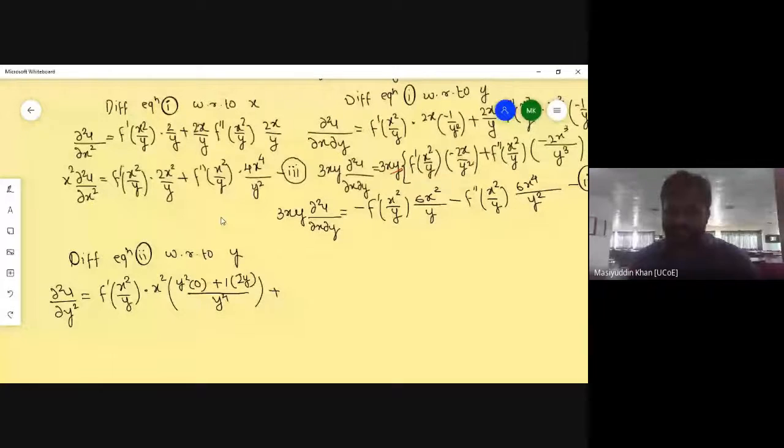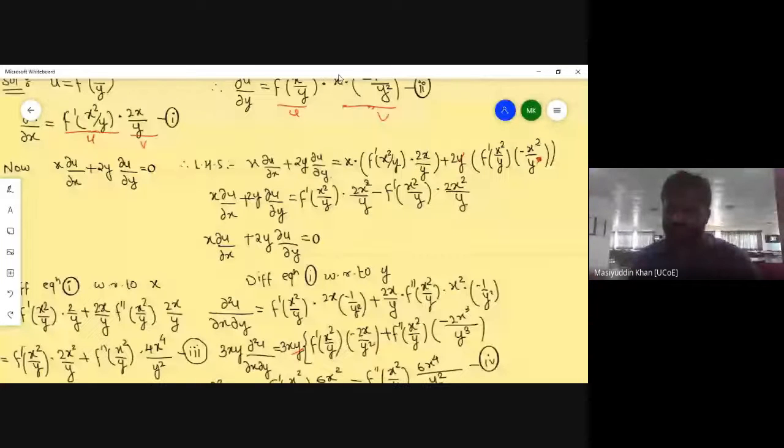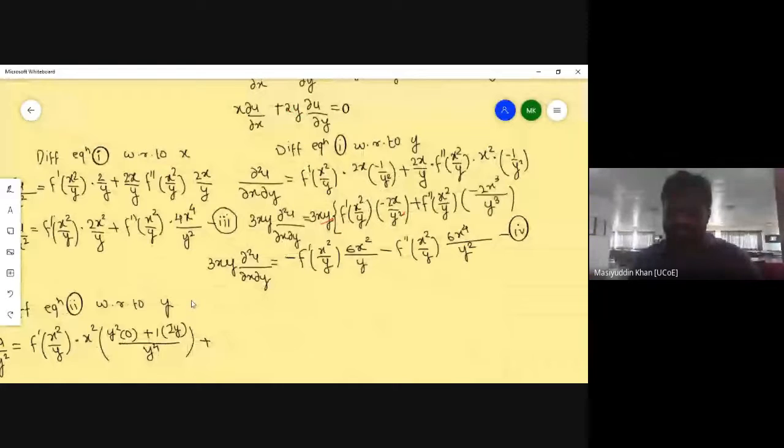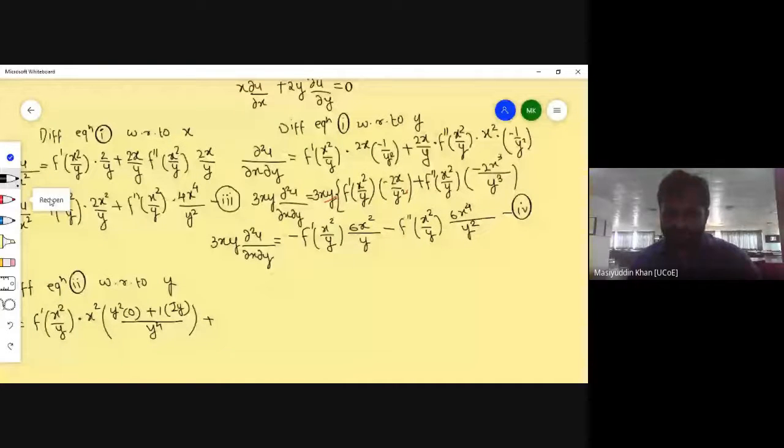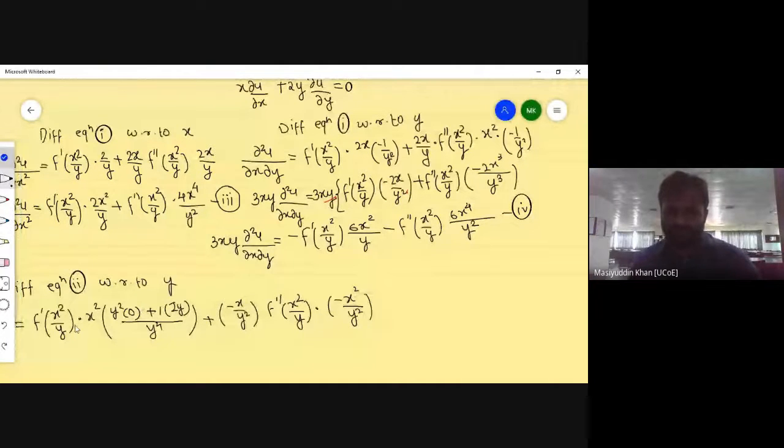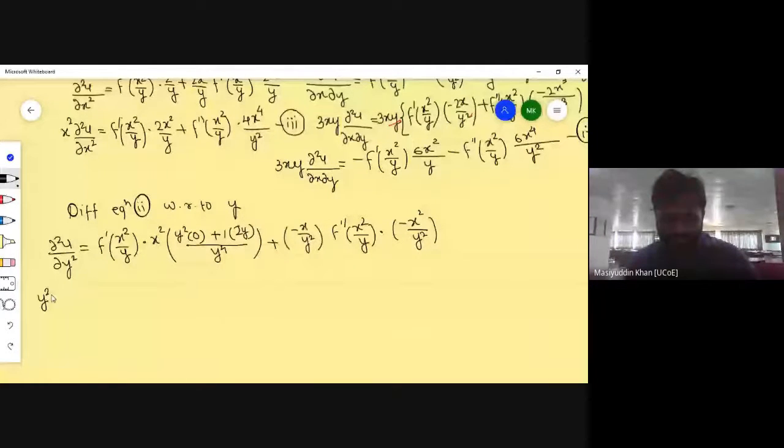The v part will remain as it is, so I am just taking it as it is. Keep -x by y square as it is, and the derivative of this part: f dash becomes f double dash of x square by y, into the derivative of this part with respect to y, which again gives -x square upon y square. This is our final term. We have to multiply it by y square, so y square into dou square u by dou y square is equal to